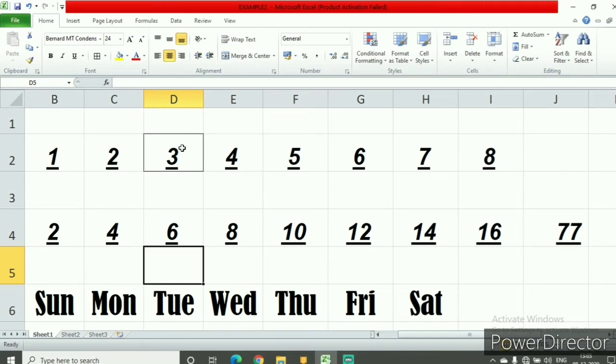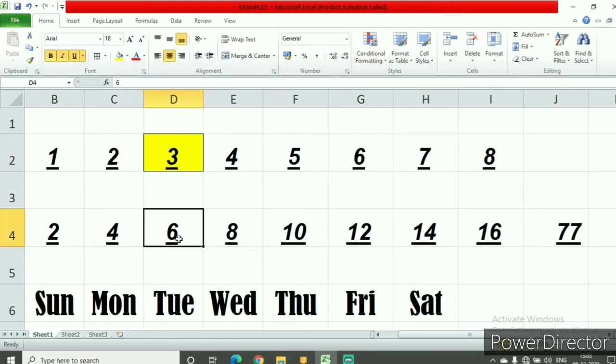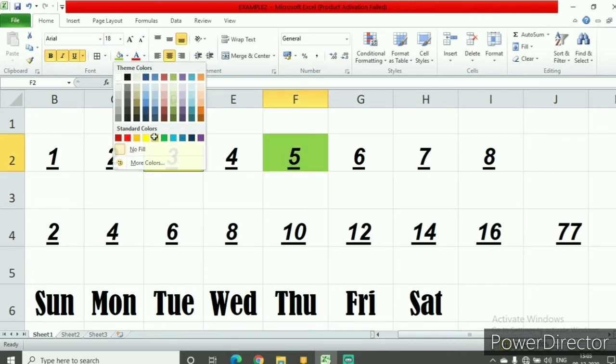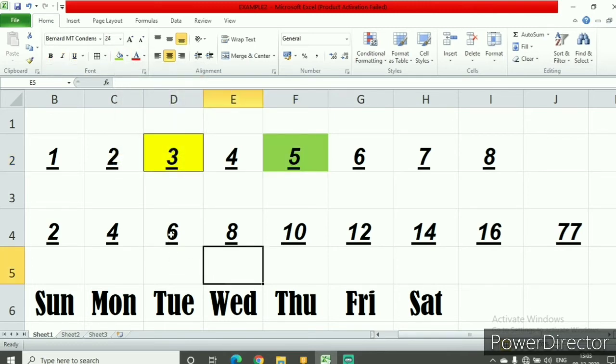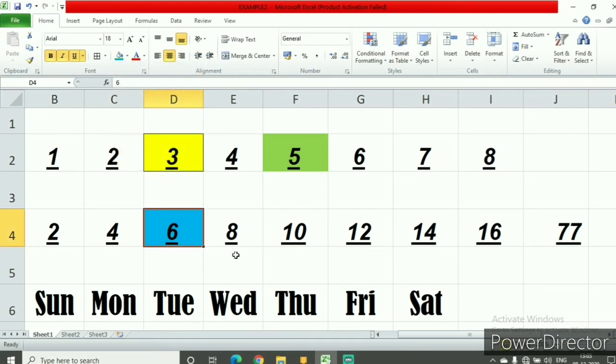Now, can I have a fill color here? Yes, here there's an option of fill color. Suppose I want to make this yellow. Can I make it yellow? Yes. If I want to make this 5 green, can I make it? Yes. If I want to make this 6 blue, can I make it? Yes. So this is about the fill color.